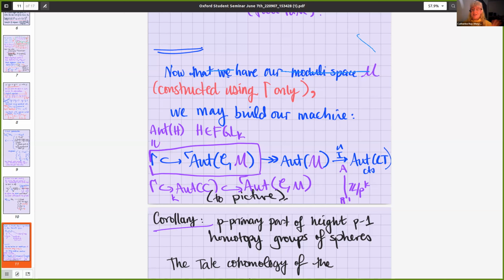If you just have a curve, it's not an abelian scheme unless it's an elliptic curve. So we don't have a group structure. But now you can take the universal thing that has a group structure. That's the Jacobian. You can then complete that at the identity. That's going to be a formal group of some dimension.